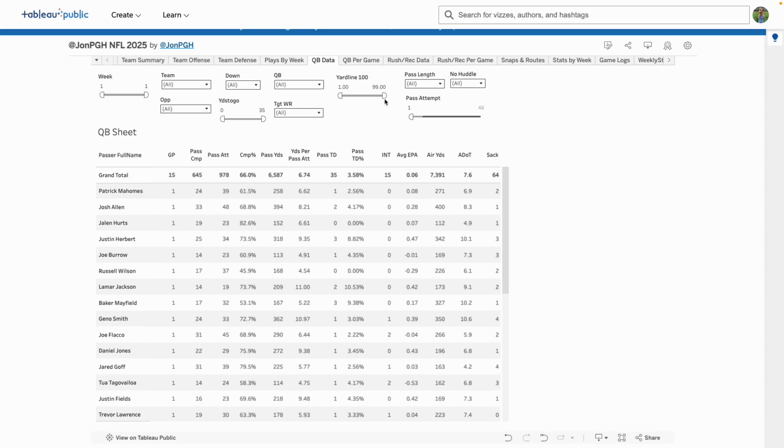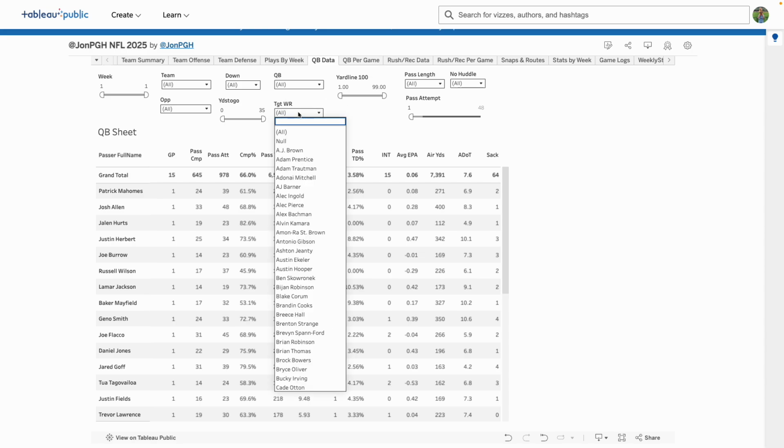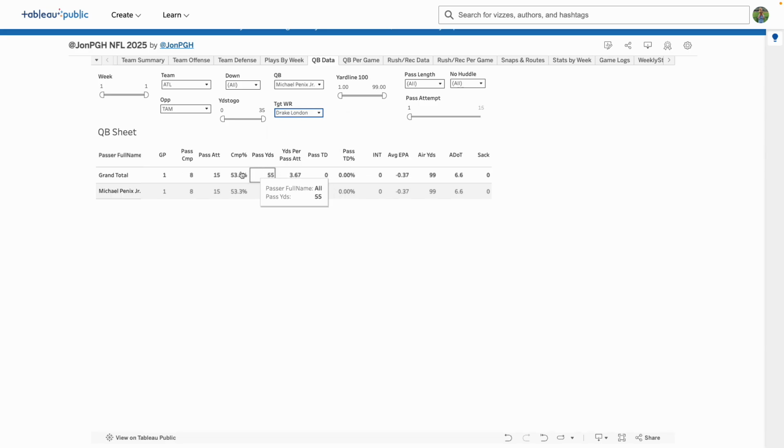The other really nice thing here is that obviously you can go to any NFL website and find these numbers, but what you can do here is adjust for situation. So you can look at, I don't know, let's see, when the targeted wide receiver was Drake London. He had 15 targets, so we'll use him. So let's filter to Michael Penix,